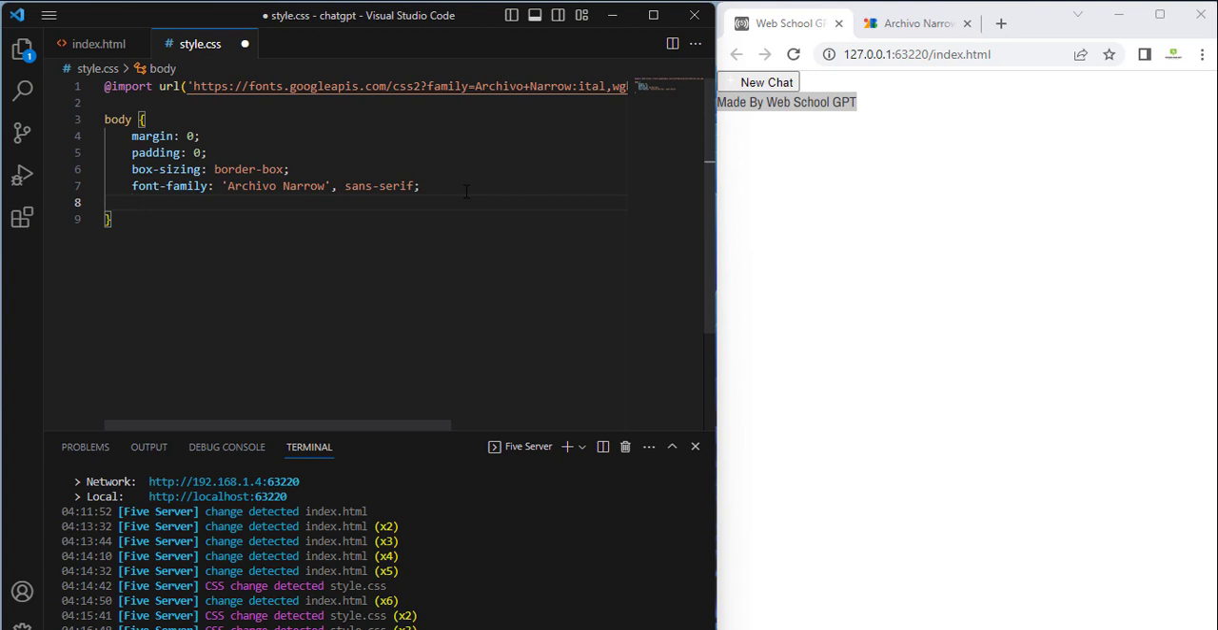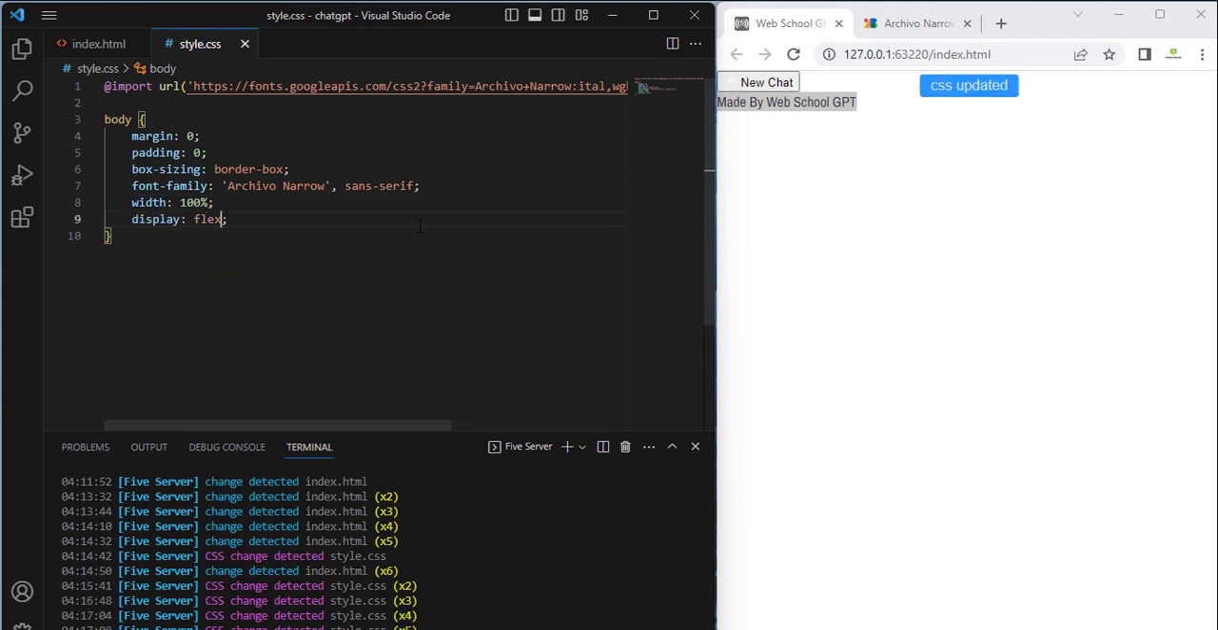Now inside here, I'm just gonna say the width is 100%. There we go. Also, we're gonna say the display is flex. Now the next thing that I'm going to do,